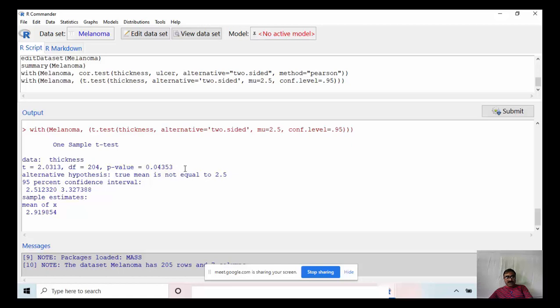So what will be my conclusion? My null hypothesis true or false? Should I accept the null hypothesis or should I reject?